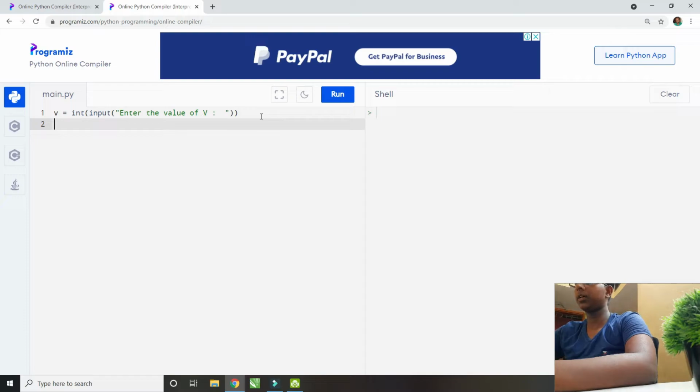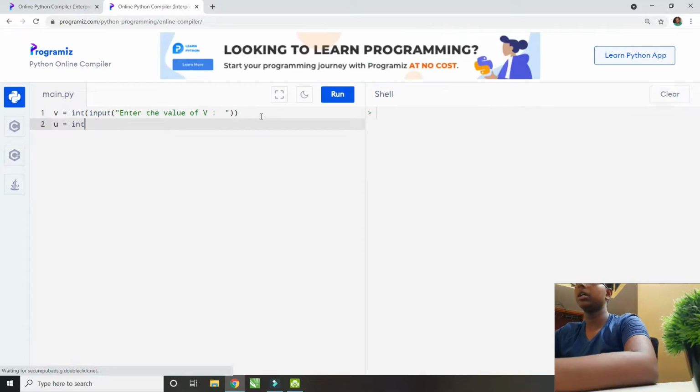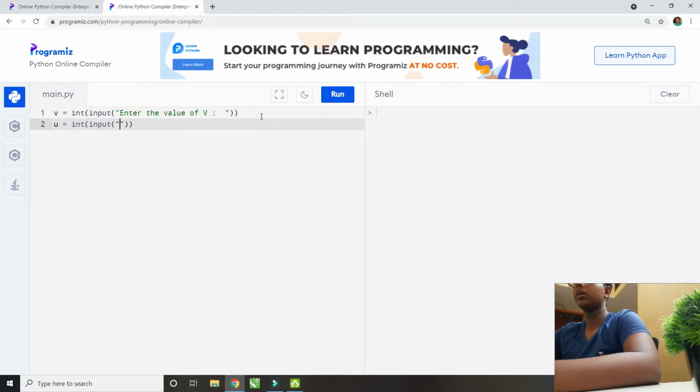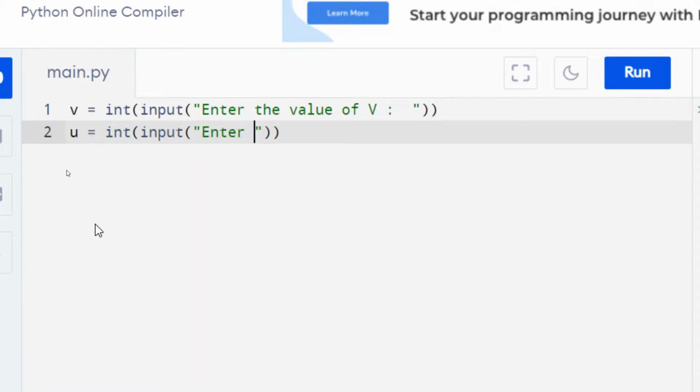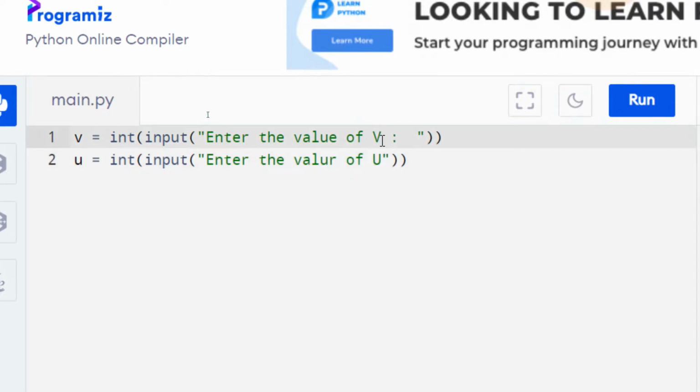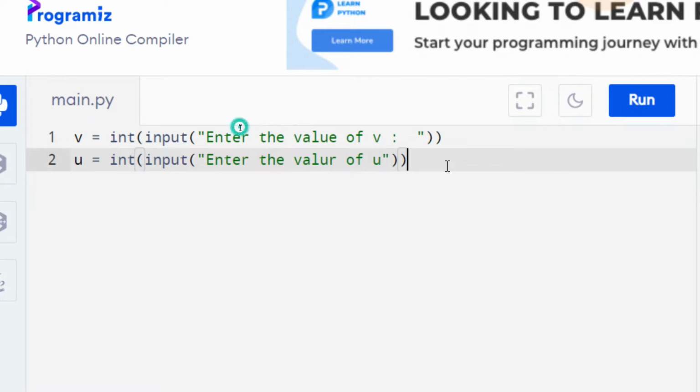After that set u is equal to int input, enter the value of u. Sorry, this will be a small text.